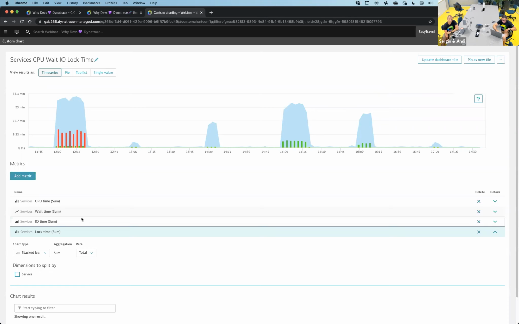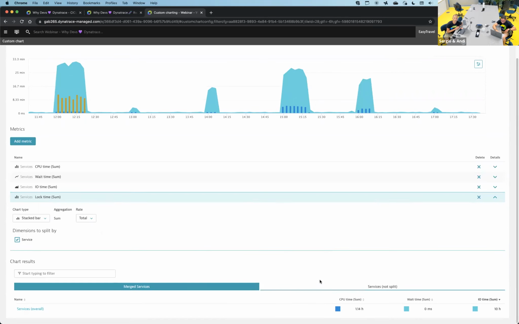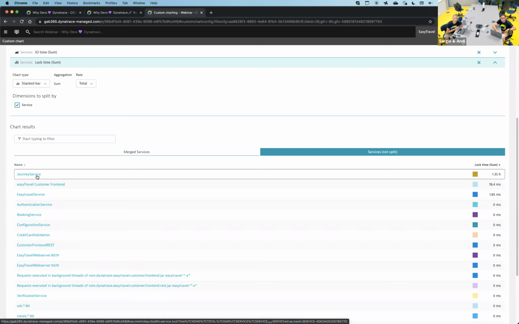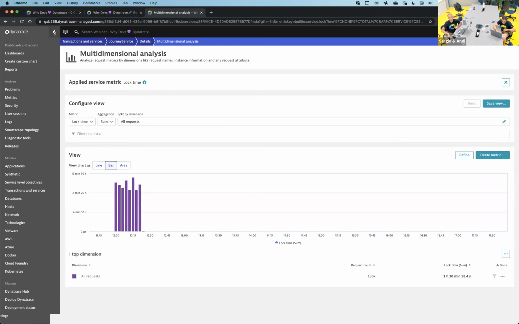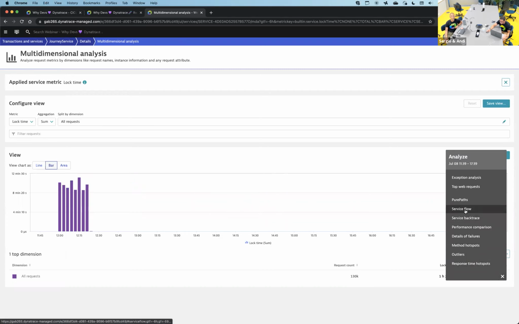So in the log time, here, we can add the service. So we see, if I scroll down, services not split, hey, the journey service has 1.3 hours of locking time. That means the amount of transactions run through this sums to 1.3 hours just for lock time. Just being locked, blocking themselves, is the amount of time our users have been waiting, or well, load test in this case. So we click in there, and then we can see, for example, the service flow,